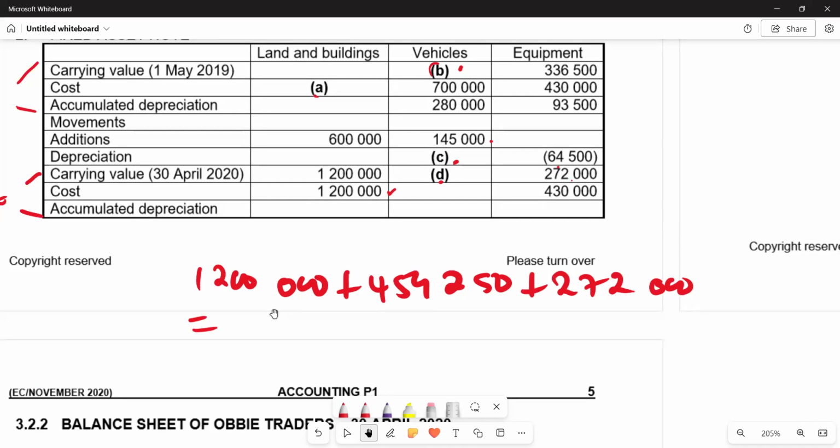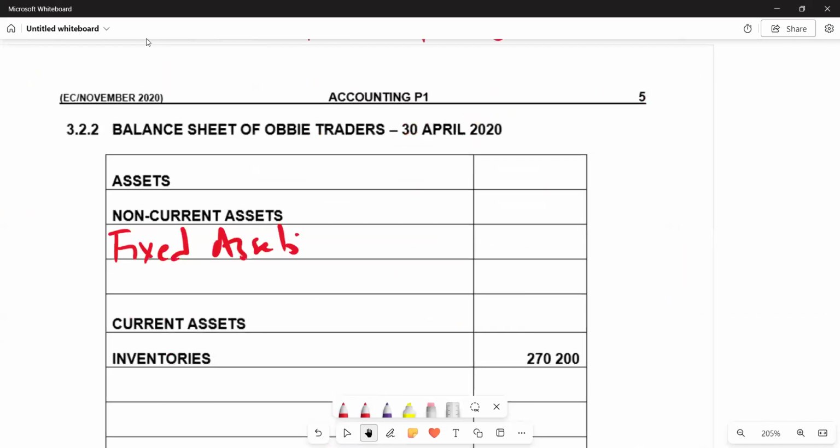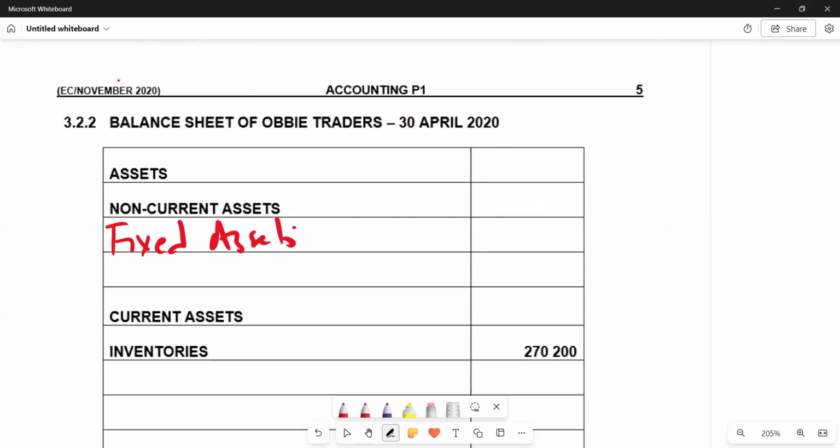And then we add all the three. Let's try to add and see what we get there. We get 1,931,250. So this is the total for fixed assets. So it's going to come here: 1,931,250. So this is what we have, and then we can also check for financial assets if we have them